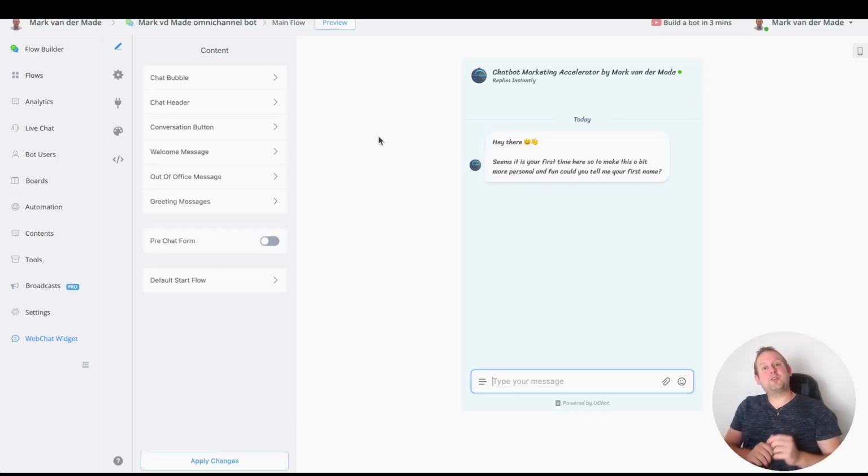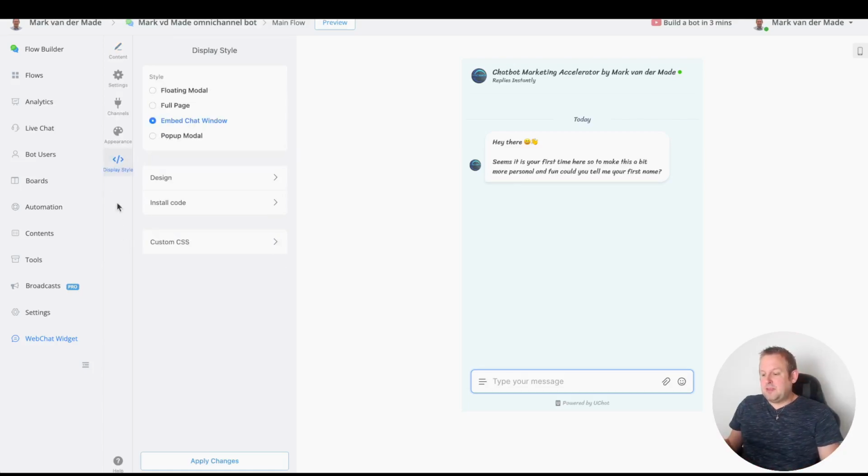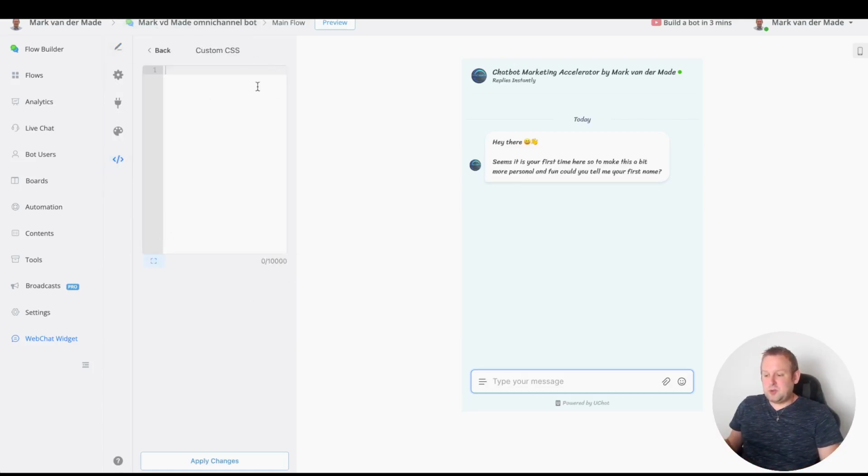Today's video where we're going to show you how you can customize your webchat widget even further by using custom CSS. And if you're familiar with CSS, you can basically use that to customize the webchat widget towards your own liking. So if we go towards the display style, then go towards custom CSS, you can see everything is basically still blank there. But if I'm going to fill this with some pre-CSS, you will see the widget changing as